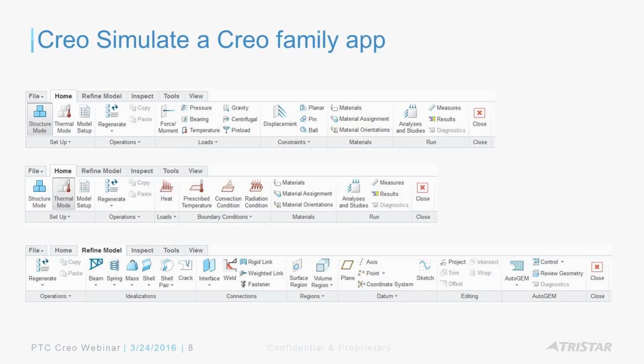Now, from a learning curve standpoint, Creo Simulate looks very similar to Creo Parametric from a usability standpoint. I'm sure all of you are by now used to the Creo Parametric ribbon UI, and Creo Simulate has the same ribbon interface. Depending on whether you are going to be doing a structural simulation or a thermal simulation, your loads and boundary conditions obviously are going to vary, and you can just straight away set